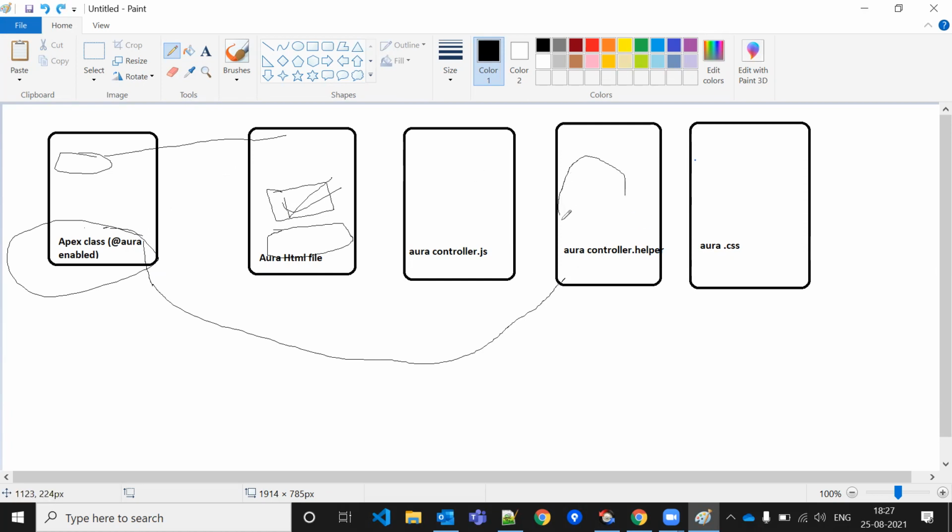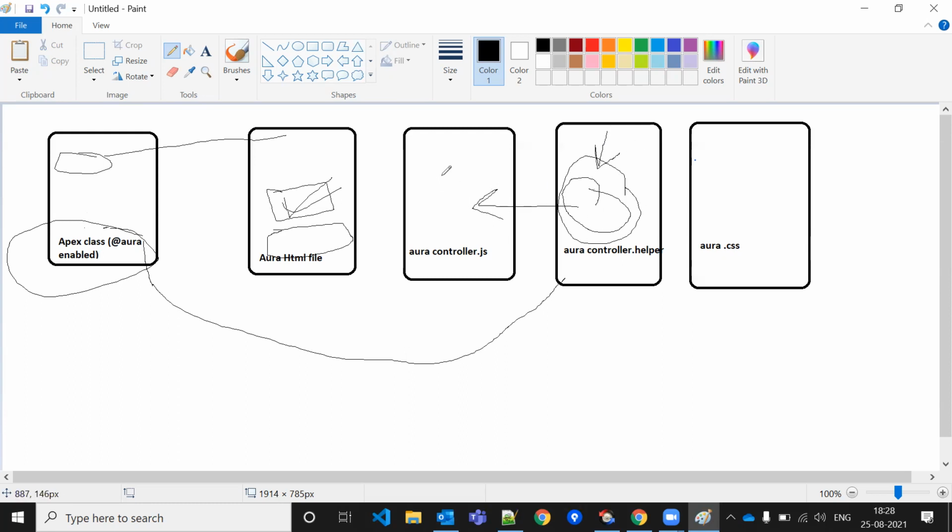Suppose this is your JavaScript method, and this is your Apex class method; you will call it inside this method. The outer one is your JavaScript helper method, and inside it is the Aura method, the Apex class method, which you call from the helper class.